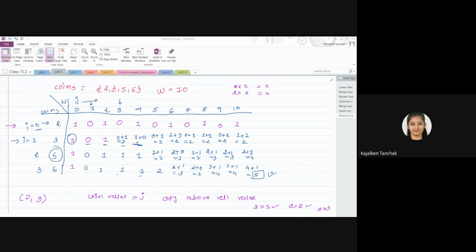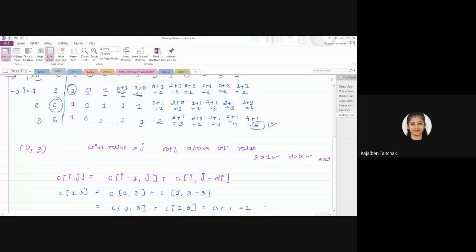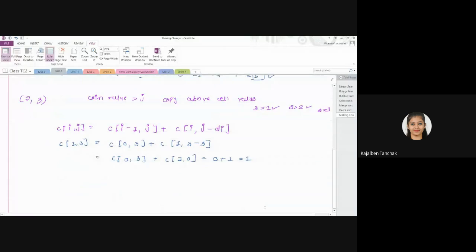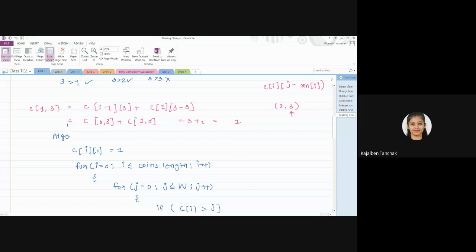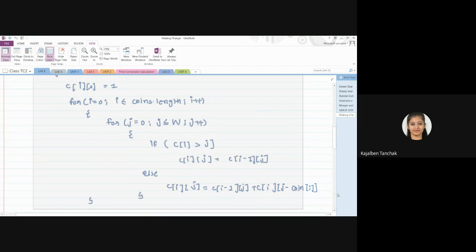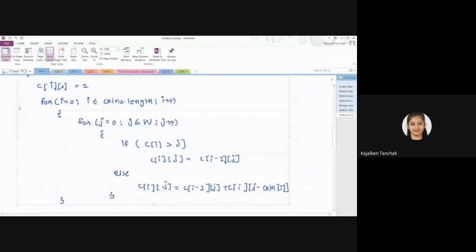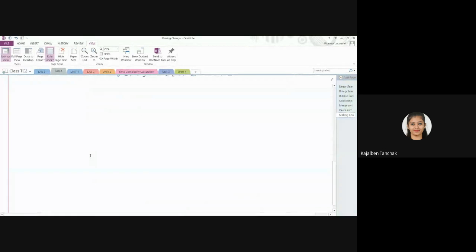So kindly check it. Now you can see this is how we work in this algorithm. Let me write down the algorithm, or I have already written it, so simply copy this. This is the algorithm.